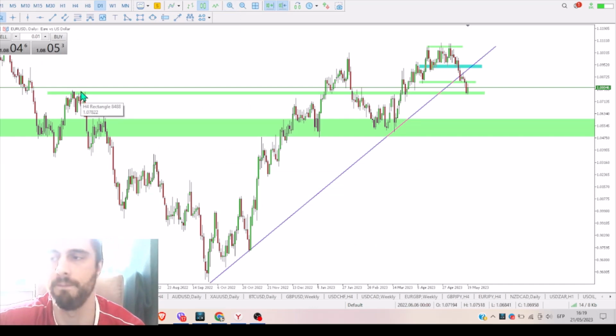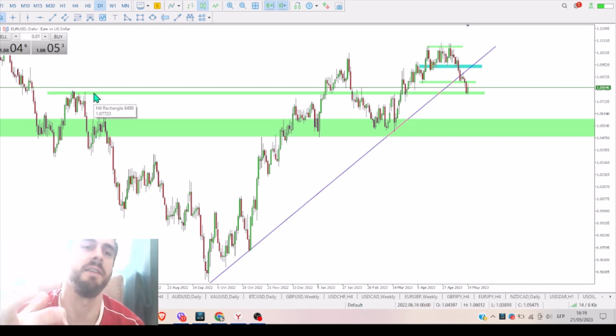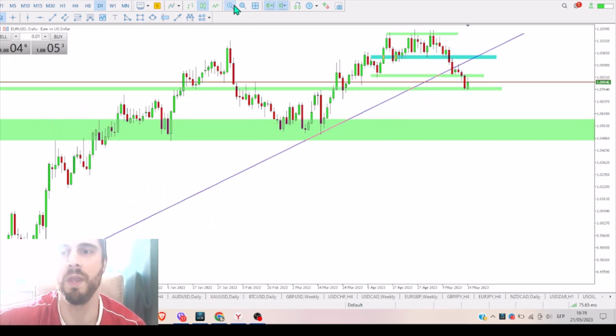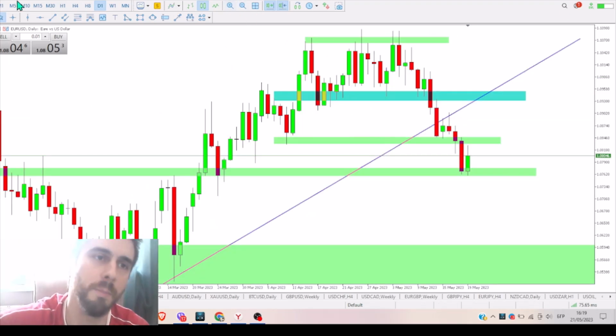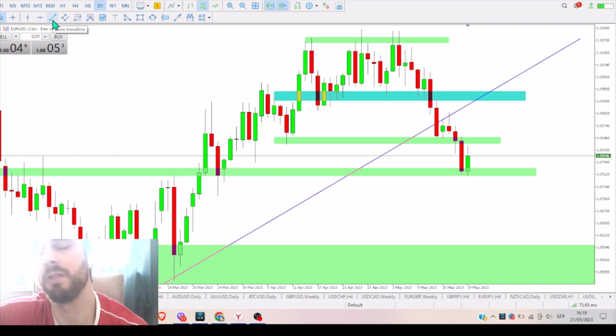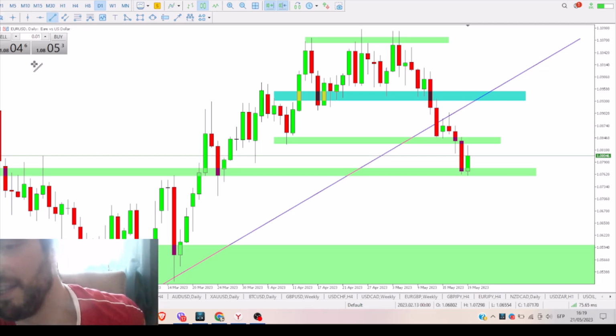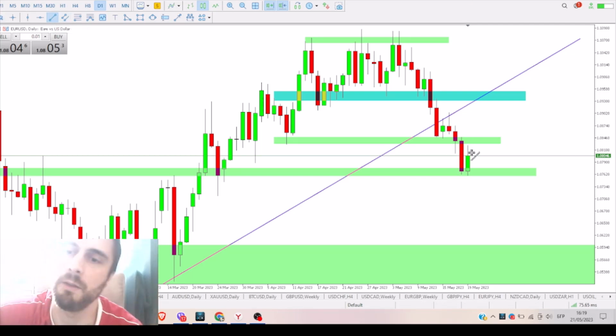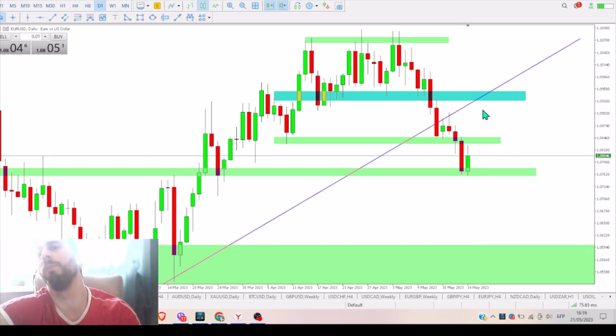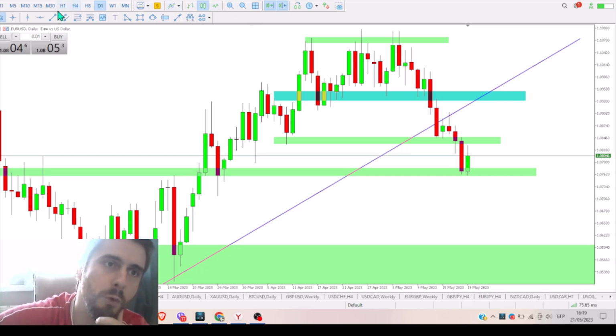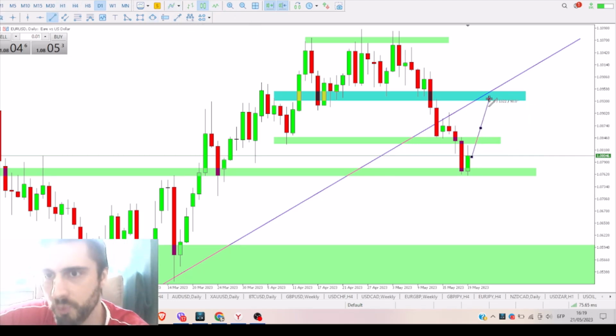a nice support in the past, so we have a chance to continue going up higher. I personally don't believe in that so much, so I expect more of a bearish continuation to the downside, and it would be interesting. But anyways, if we have some strong bullish news for the euro, we can drive the